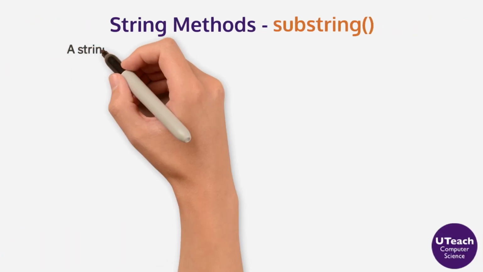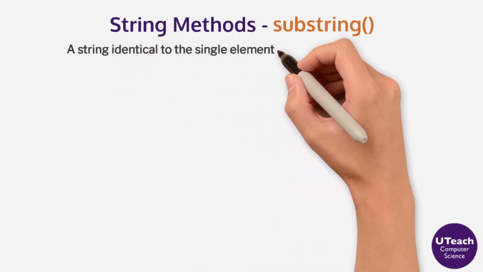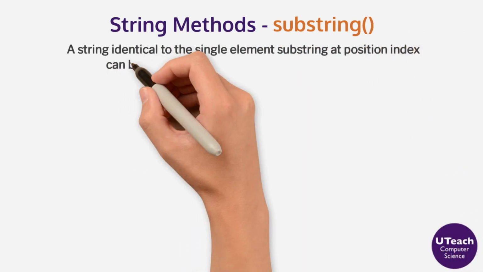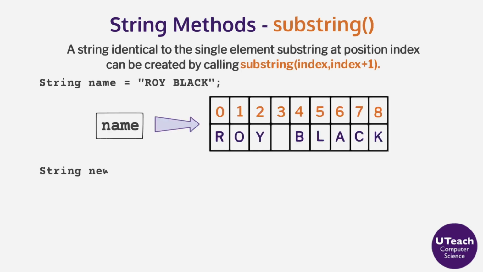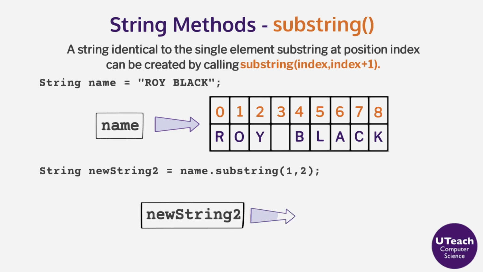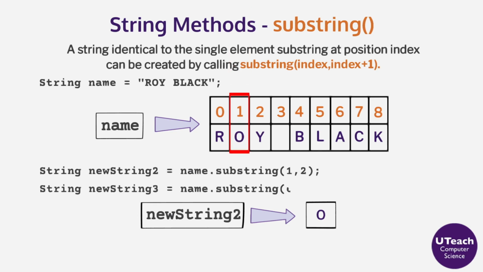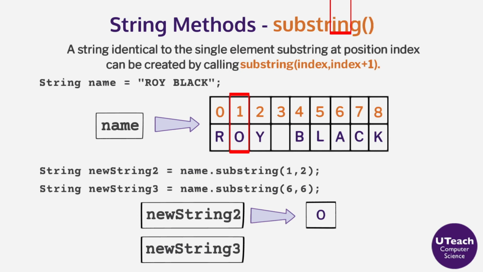A string identical to the single element substring at position index can be created by calling substring with parameters of index and index plus 1. If the first code statement executes, a new string object called newString2 is instantiated with the value of O. Look closely at the instantiation of newString3. The parameters are 6 and 6. No characters would be grabbed since the index value is 6 and up to but not including 6, so the substring method